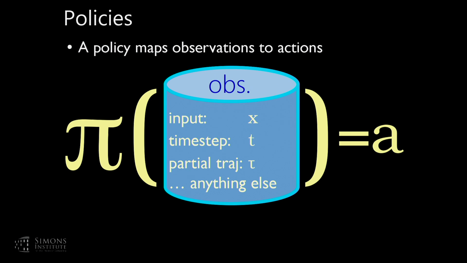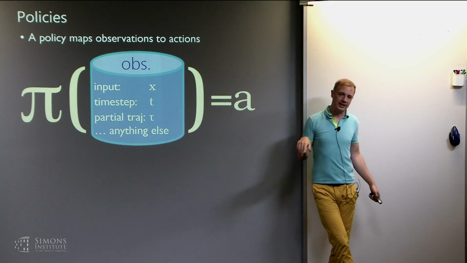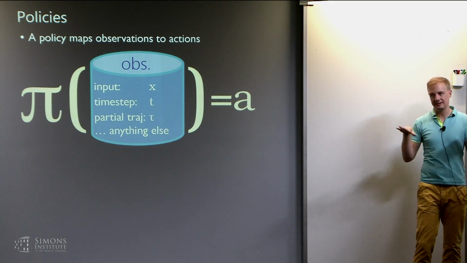to actions. So the observations can be the full inputs, the sentence I'm trying to tag, the time step I'm at, the previous decisions that I've made, so I can include all of them, and basically anything else I want as long as it's not from the future, right? It can only be from the past. And then this thing is going to choose an action, which is going to guide me through this decision